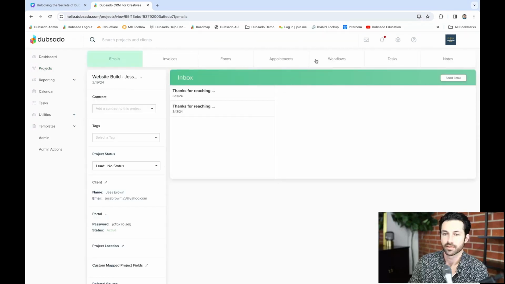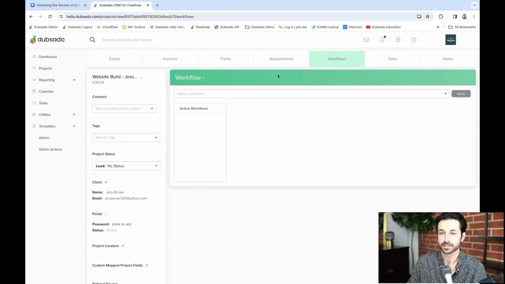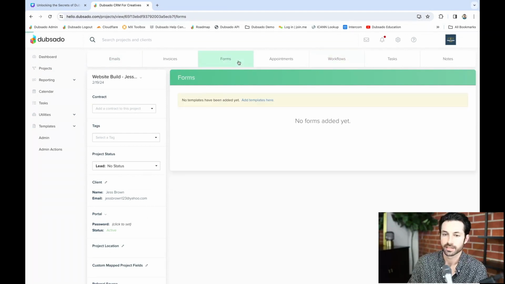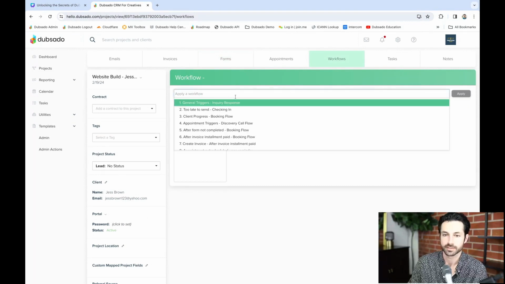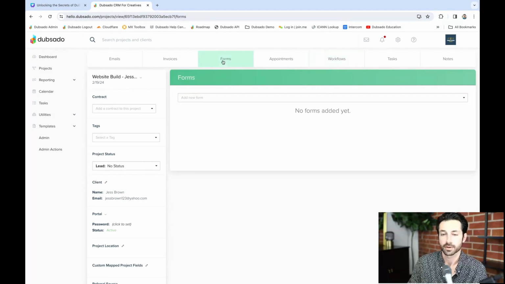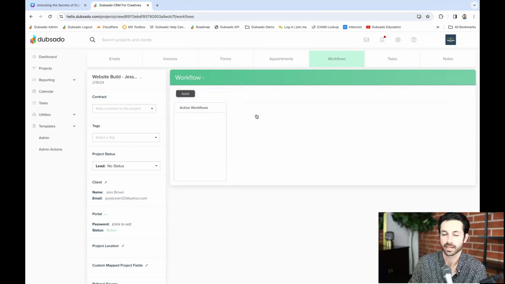So this is something I didn't touch on, but it is definitely good workflow knowledge to know. So let's actually go ahead and apply my client progress workflow since it's got some forms in it. You'll note here, before I do that, if I go to the forms tab of this project, there are no forms here just yet. I haven't added any forms manually. If I go to the workflows tab and I go ahead and apply that client progress booking flow,